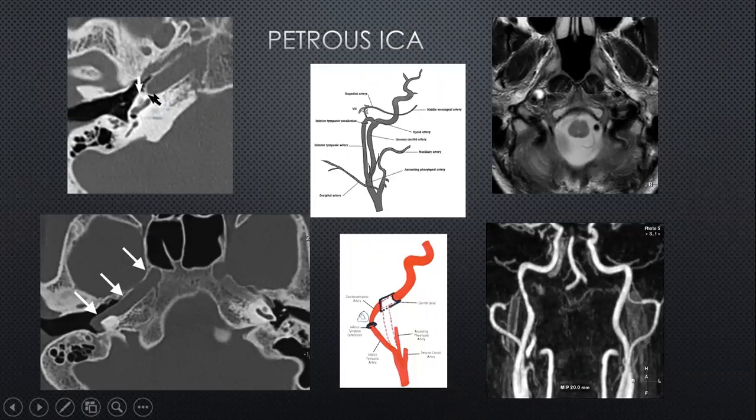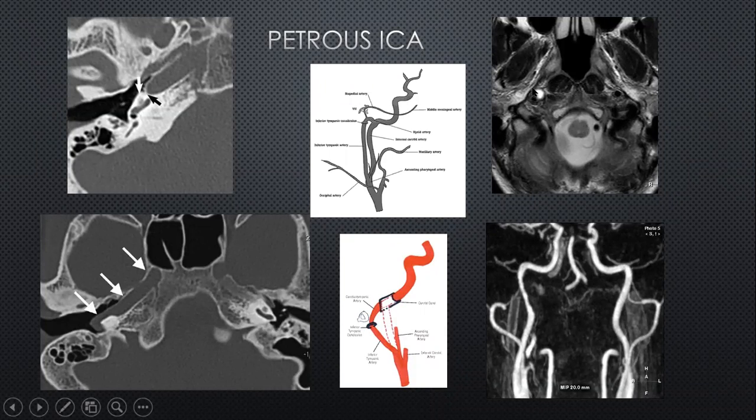Towards the petrous ICA, as I said, the petrous ICA is encased within the petrous bone itself, and it's got this horizontal segment and the vertical segment, and the horizontal segment leads towards the cavernous sinus, and this is what has been shown in this patient over here. And if you look on the MRA, this is what the carotid artery will look like. This is the vertical portion, which is this part of the petrous bone. Over here, you can see the plaque. These are the retropharyngeal structures with the prevertebral muscles over here. This is the foramen magnum. So this is right at the skull base, at the origin of the petrous part of the internal carotid artery.